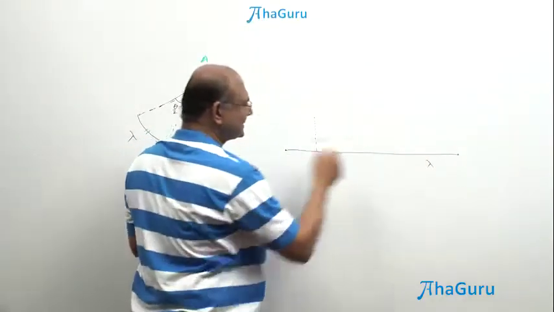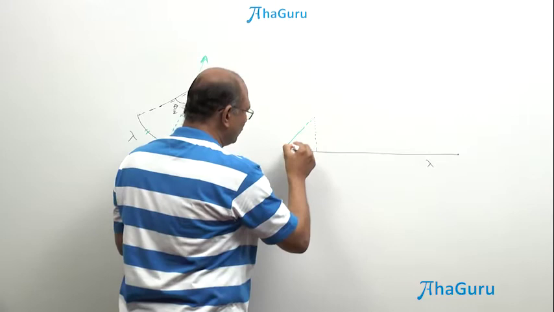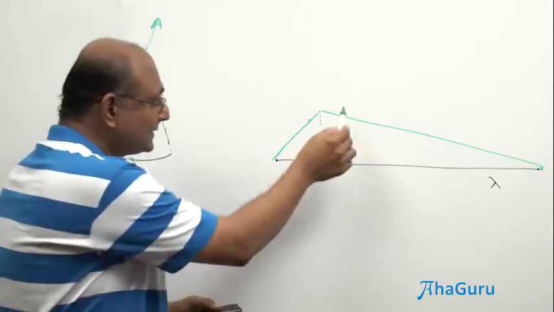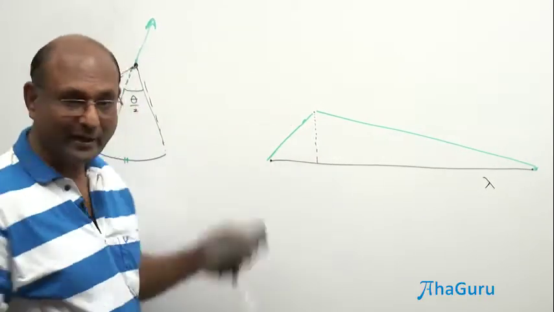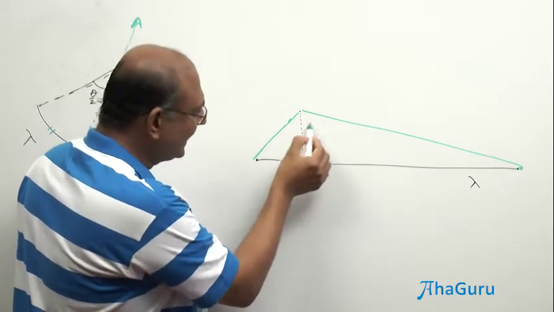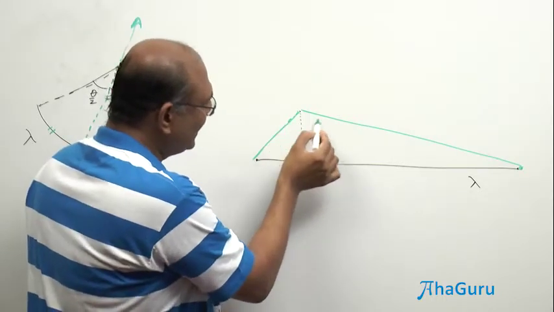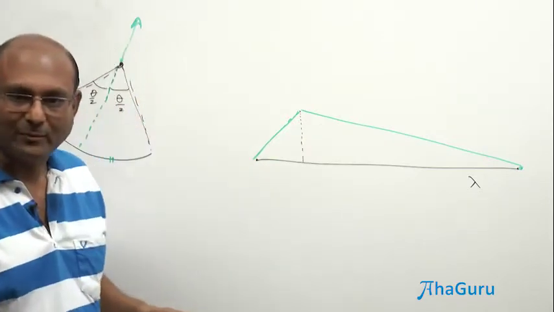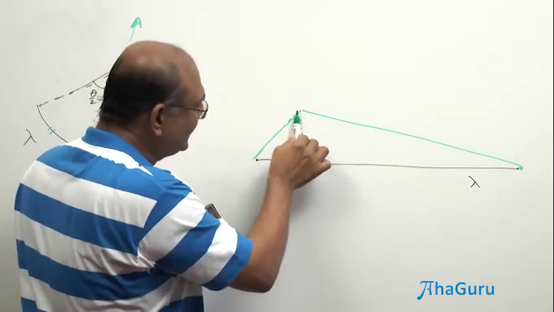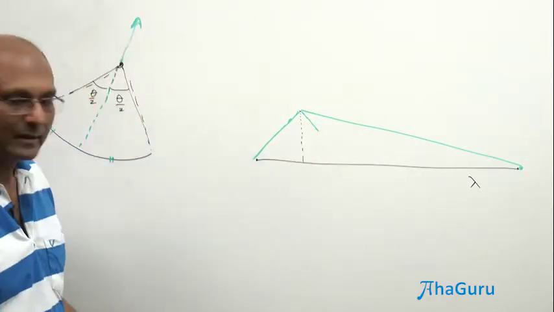Now, if you look at this, do you think it is obvious that if I drew two lines, let us say these two lines, and this angle is theta, I can always draw an angle bisector. Do you think this will be the angle bisector? Clearly no, right? This angle is more than that angle. Maybe this was, let us say, some 40 degrees, and that was 60 degrees. So the total is about 100 degrees, and the angle bisector will make an angle of 50 degrees. So it won't be like this, it will probably be like that. In fact, you know that the angle bisector will be like this, right?